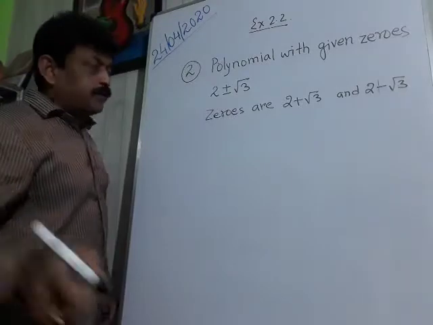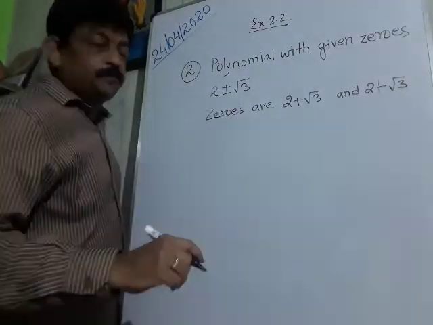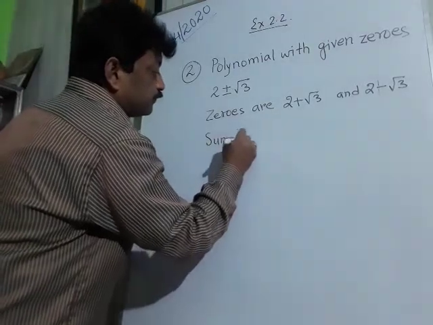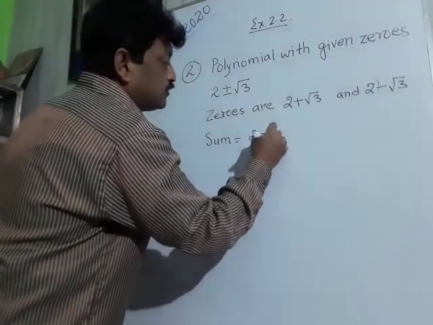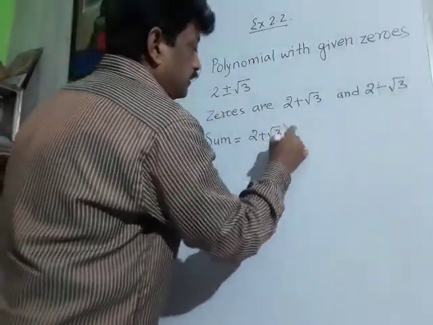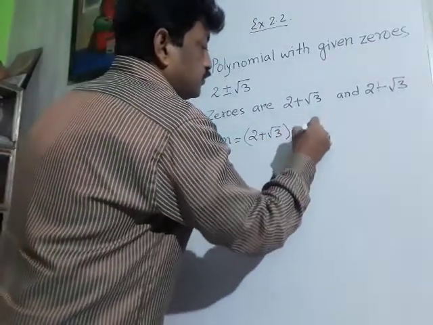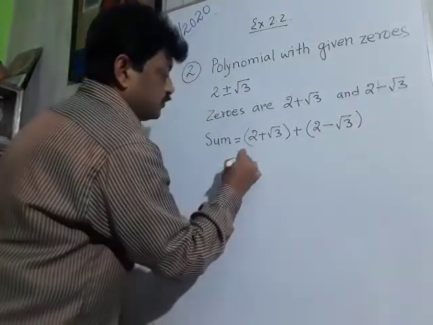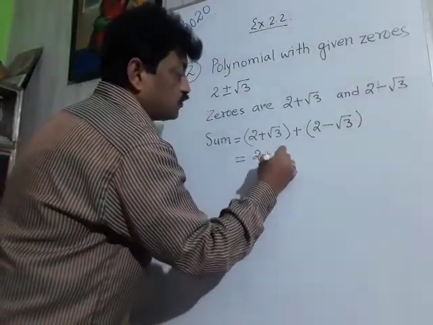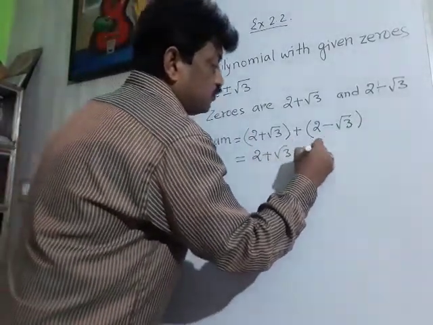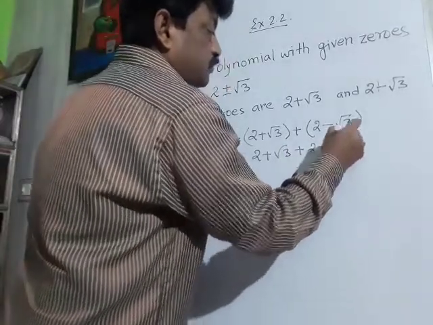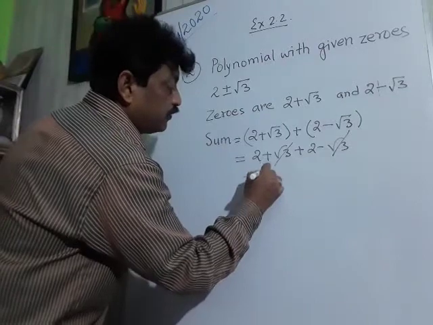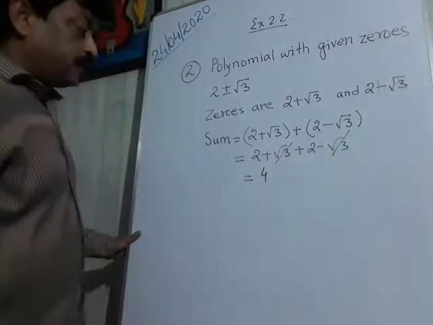So the first step is to find their sum. Sum equals 2 plus root 3 plus 2 minus root 3. That means 2 plus root 3 plus 2 minus root 3. This root 3 will get cancelled. So we will get 4. 2 plus 2 is 4. And